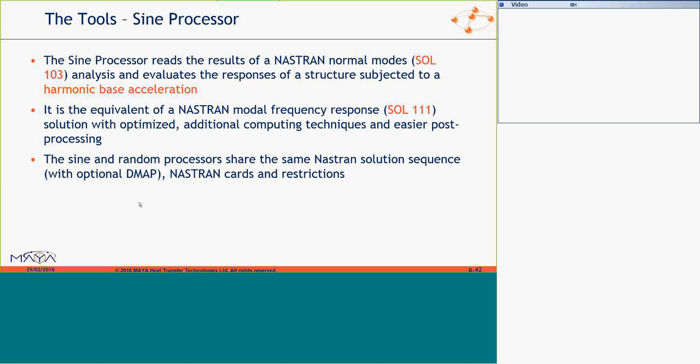It's the equivalent of Nastran solution 111, except it's a lot easier to use and it's faster. The design and the random processors share the same Nastran solution sequence, share the same Nastran cards, and more or less the same restrictions in terms of which cards you can use.